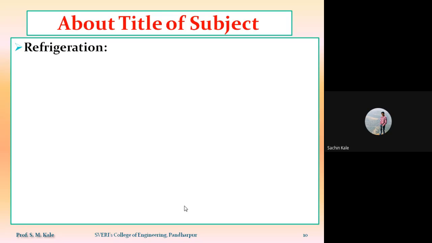Muskan Akar, what are we doing in the fridge? Give the reply. Yes, sir. What do we do in the fridge? To keep the temperature lower than the surrounding temperature, we store our things in the fridge. That means we are reducing the temperature of that substance after keeping it in the fridge.